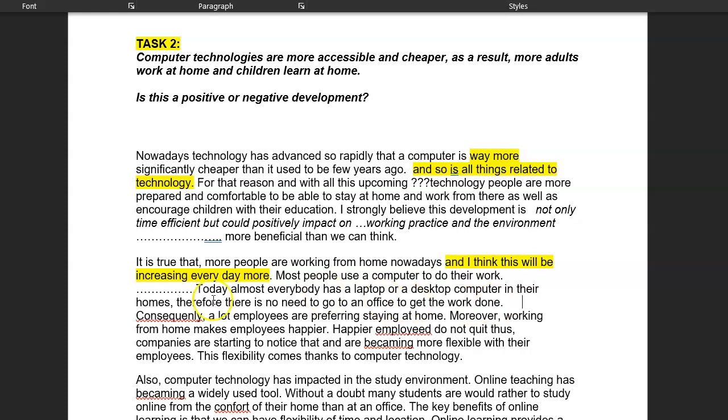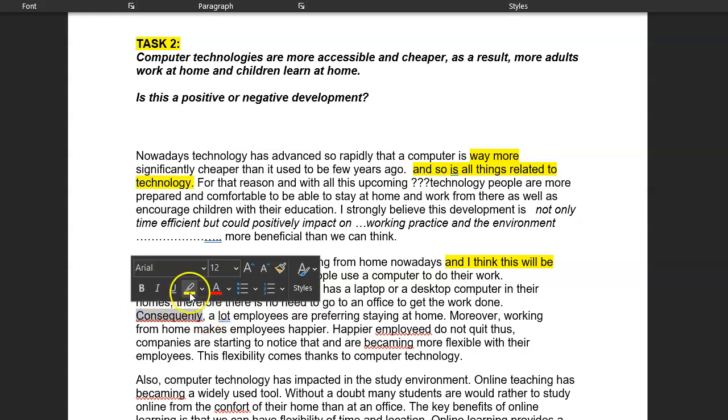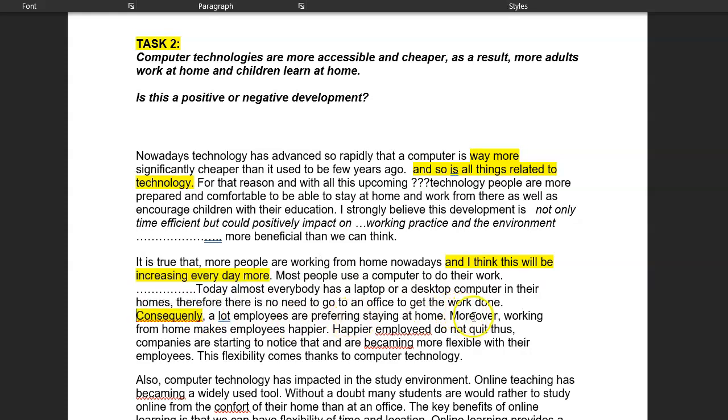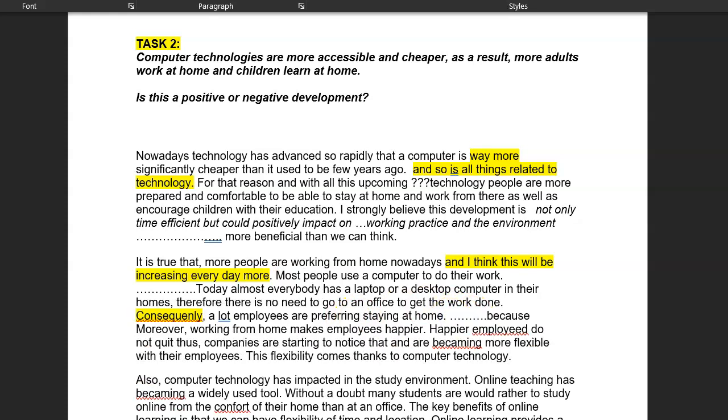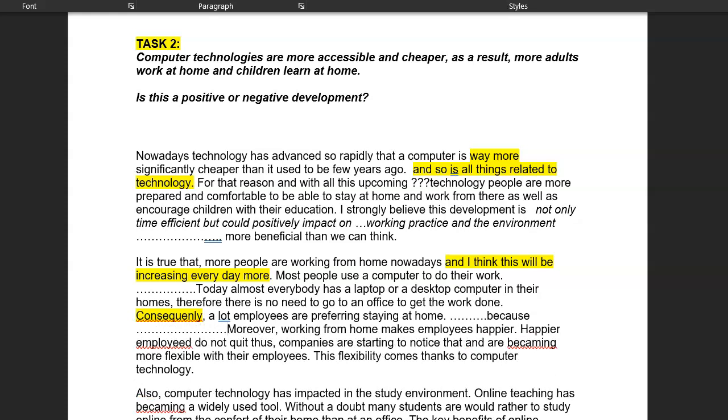Just develop that idea. So rather than "consequently" here, you want to have "additionally, many employees prefer to stay at home because," and then go into a because. These are nice ideas, but you need to be developing them because they feel happier, they have a better work-life balance, they are less stressed about commuting, so driving to work. So develop all the reasons why.